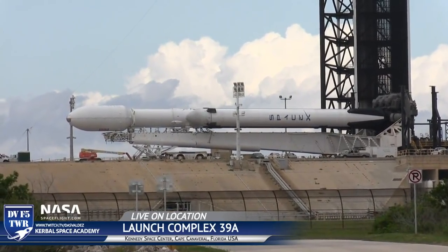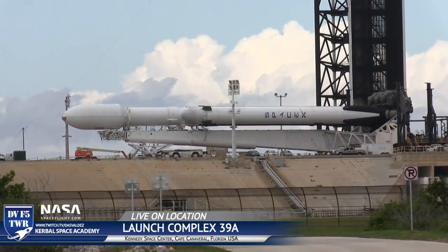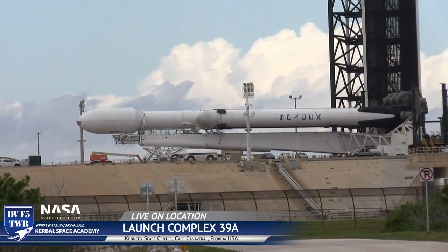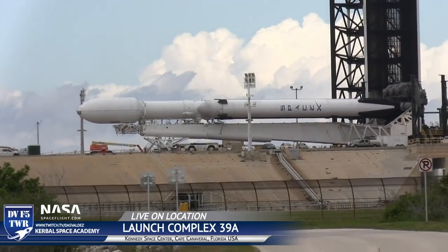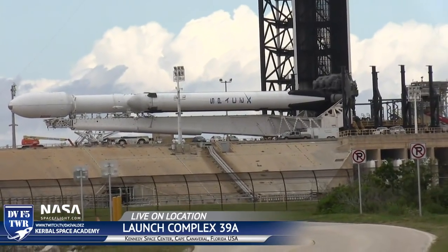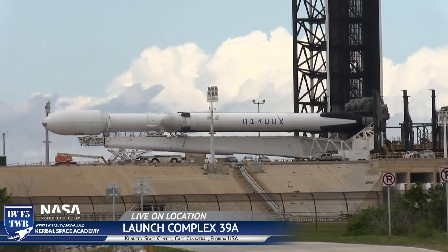Do we think SpaceX will live stream the booster landings up close? The answer to that is yes. SpaceX always broadcasts their landings, and there was one, I believe it was DM1, where for the first time ever the feed did not cut out on the drone ship. And we actually got to see the booster. So they will show live up close,